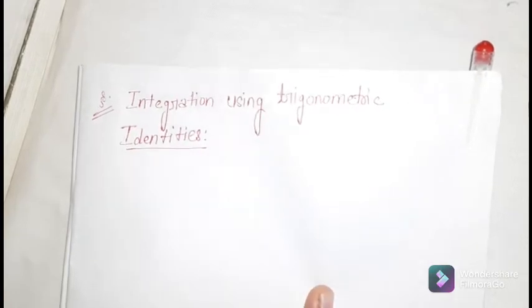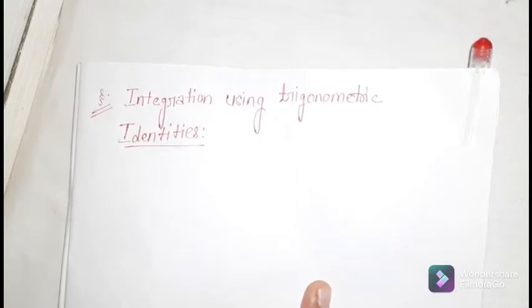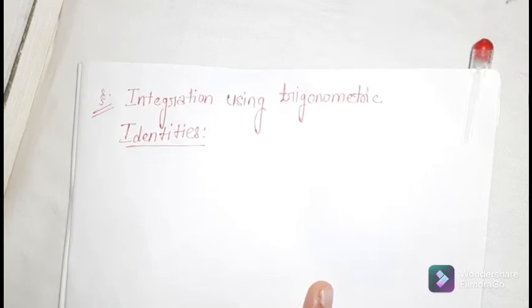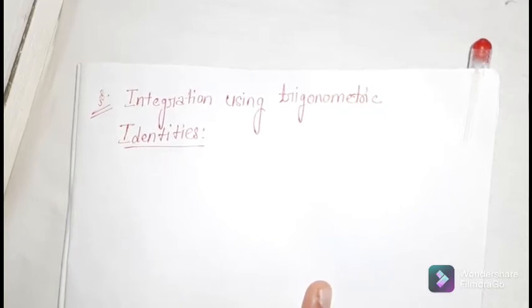Now, how do we use the trigonometric identities? We have studied the trigonometric identities, the 2 theta formula, the 3 theta formula, sin 2x, sin 3x, many formulas. You all have studied trigonometric functions, sin and cos. So we use those identities to solve integration problems. Using those identities, our question becomes a little bit easier to find the integral value.